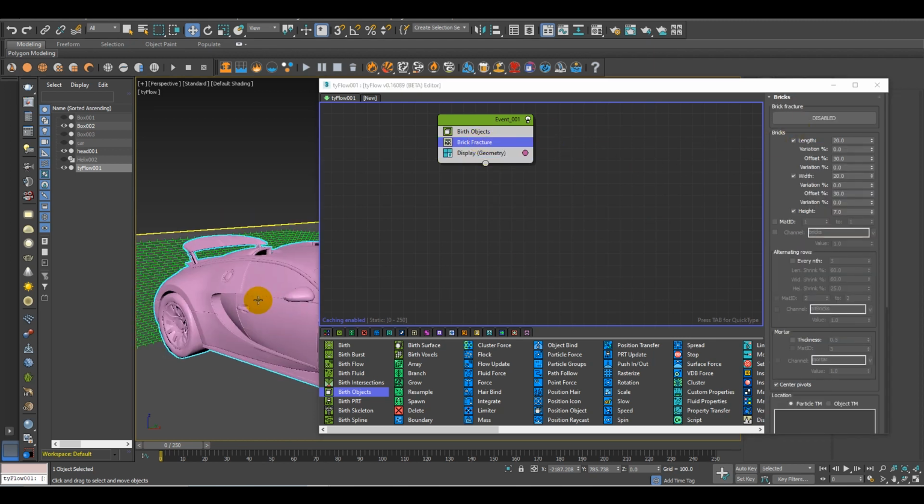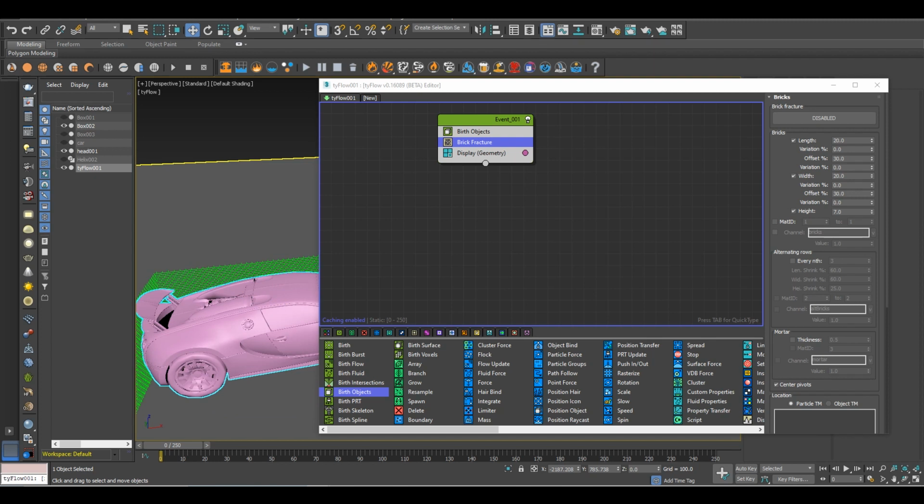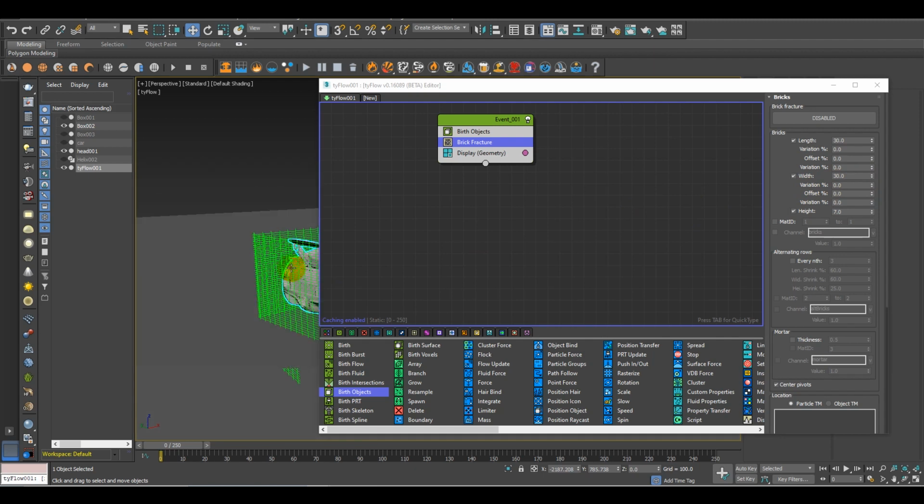Now what you have to do is change this a bit, around 30, and just zero the offset, and we have this.